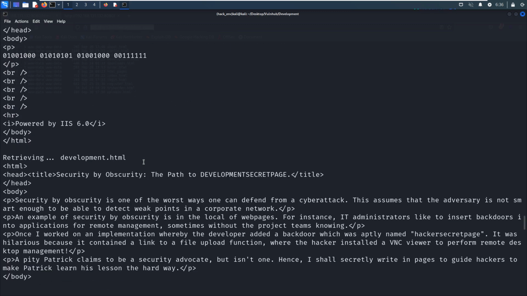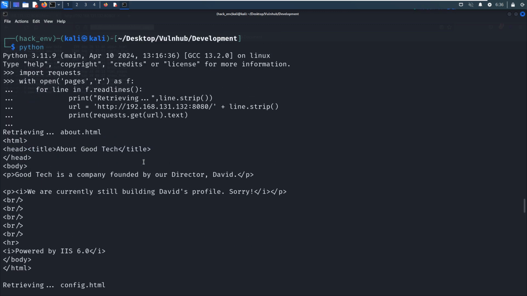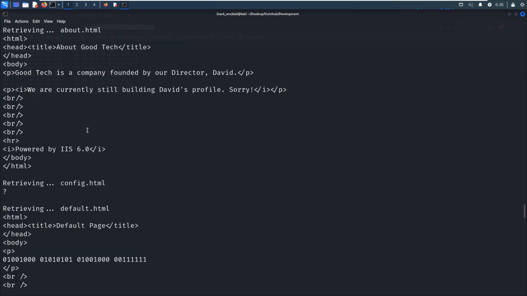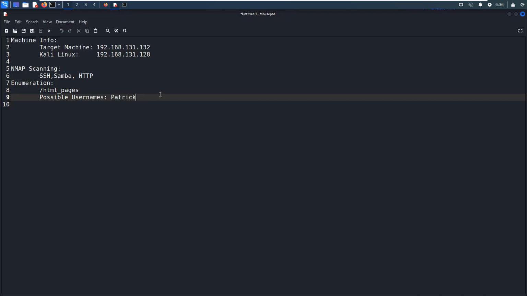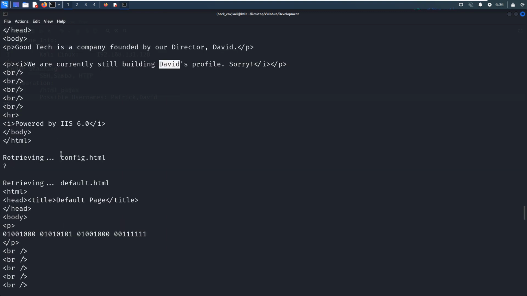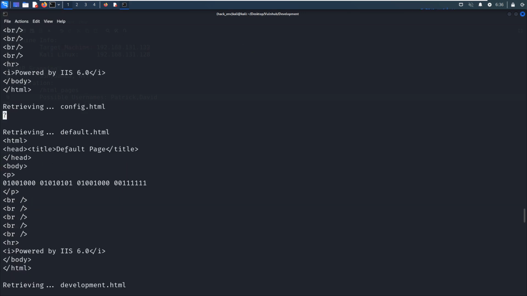Okay, so let's scroll up. So the first one, about, but nothing here. And we are currently still building. Maybe this would be a possible username as well. And the next, so retrieving config, just one question mark. And default, we got something. This is binary.